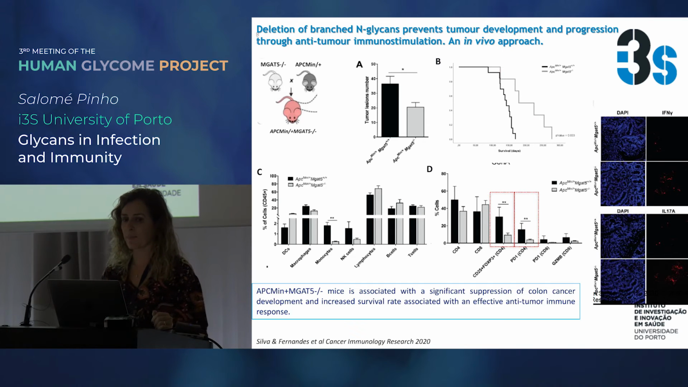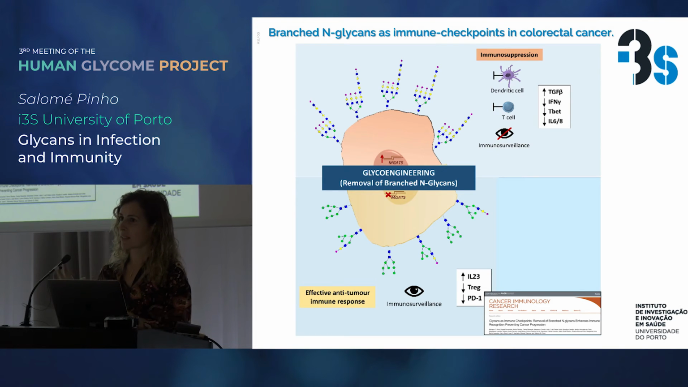So essentially, we demonstrated that when we have cancer cells with this glycan shield full of branched and complex glycans, this precludes a proper immune surveillance, contributing to the creation of immune suppressive networks. When we deglycosylate, the cancer cells become more visible to the immune system, and in this way, this potentiates an effective anti-tumor immune response associated with cancer